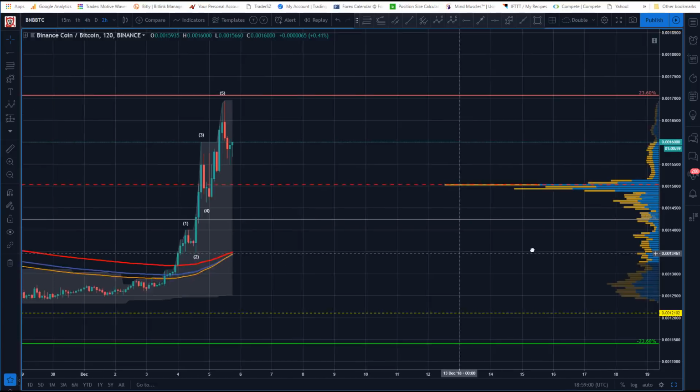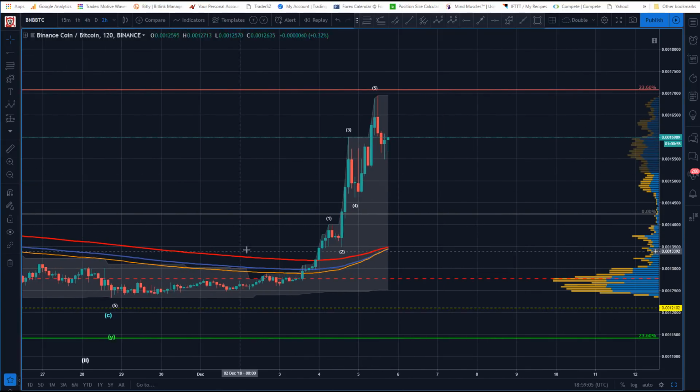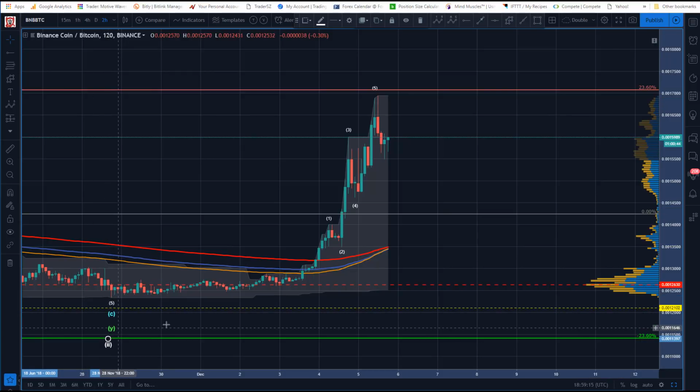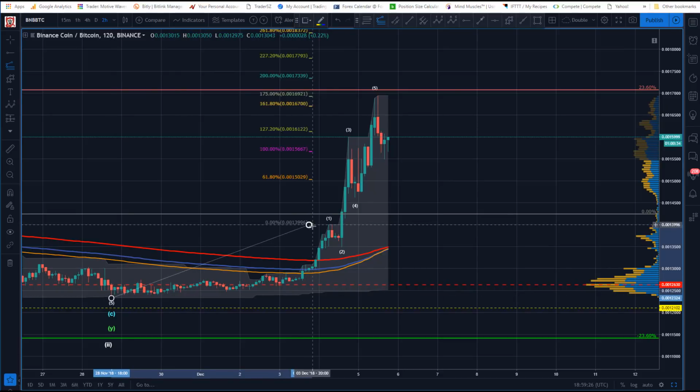So I have to really spread it out to even look at the subdivision here. I'm on a 2 hour still. Now it plays, it's there. So from this, I guess this would be our low right here. So here's our low. That's the Y. Proposed second wave. Well, I can get a 1, 2, 3, 4, 5. So let's just check on that. So if this is the 1 and that's the 2,